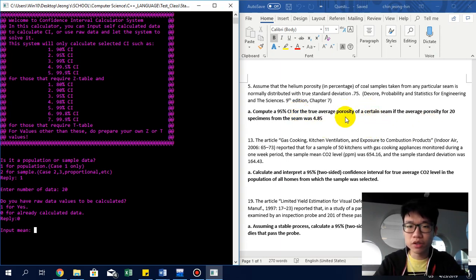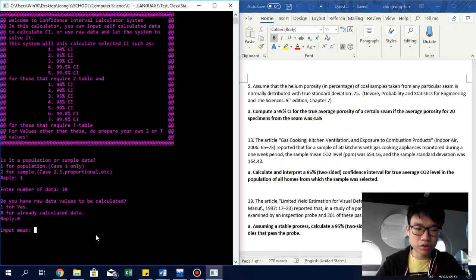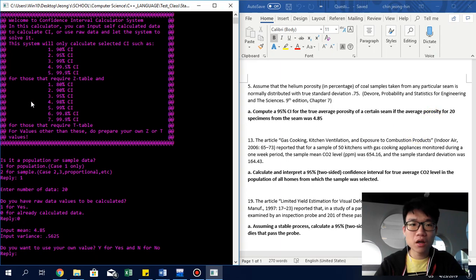What's the mean? The mean is 4.85. Variance is the square of 0.75, so it's 0.5625. Do you want to use your own value? No, because they provide us with a 95% confidence interval, and I want to calculate a 95% confidence interval. So I load,